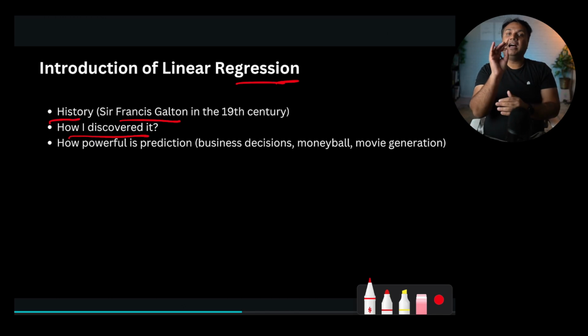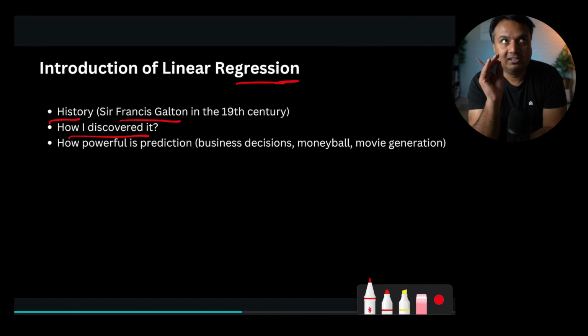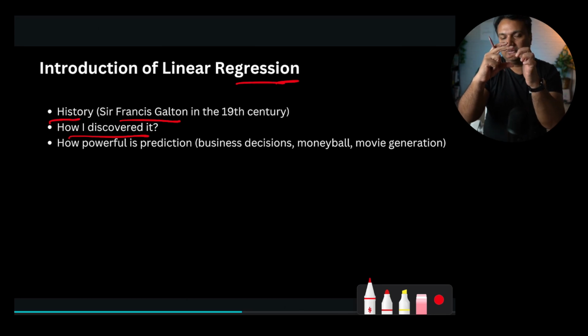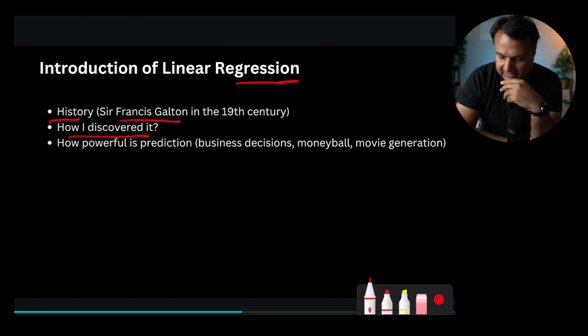So you can say, I think the value would be 944, but the confidence interval around it is this. So this is the range. I'm pretty sure the value would be in it, but the most likely value would be around this. So very powerful thing. And this is the first machine learning algorithm which is usually taught. There are a lot of other algorithms, but this is the foundational one.